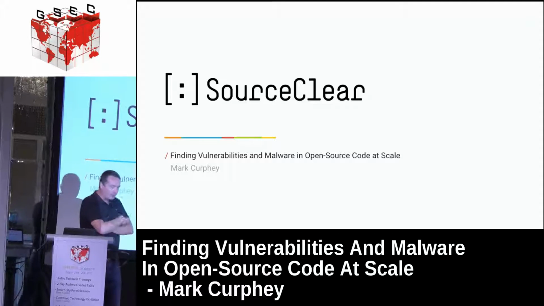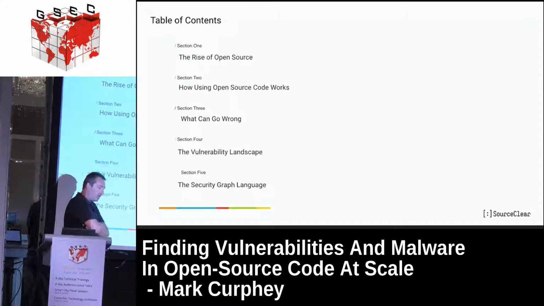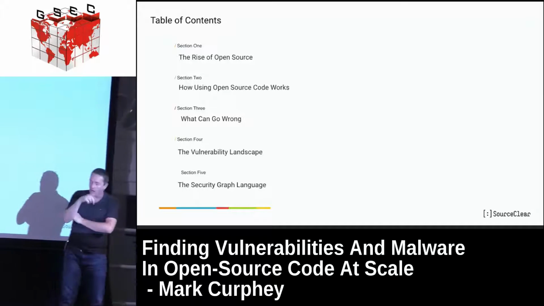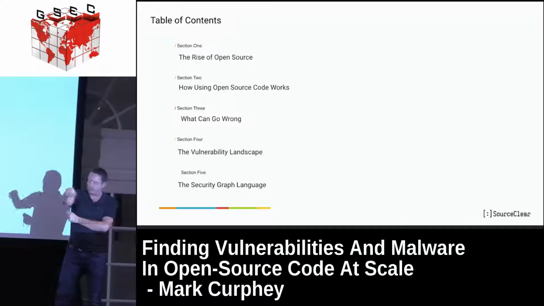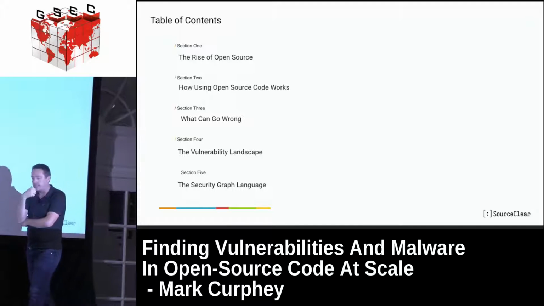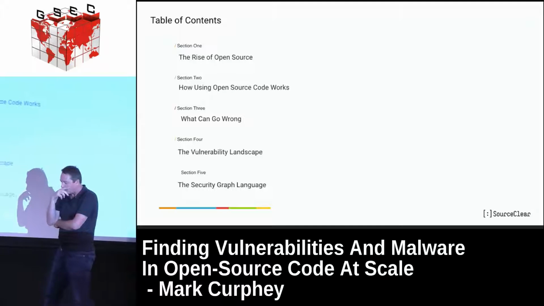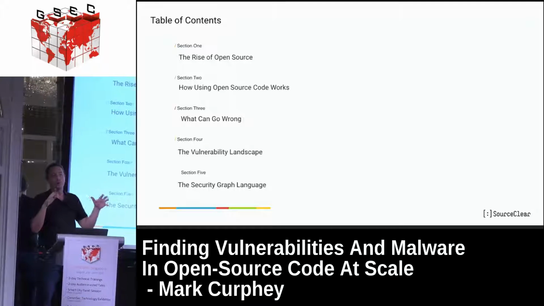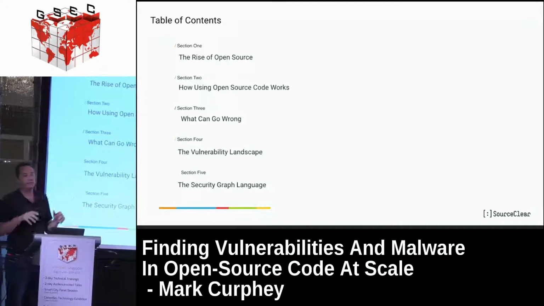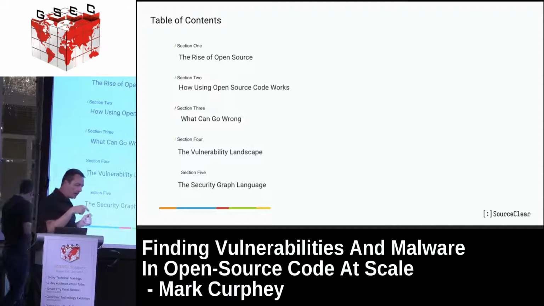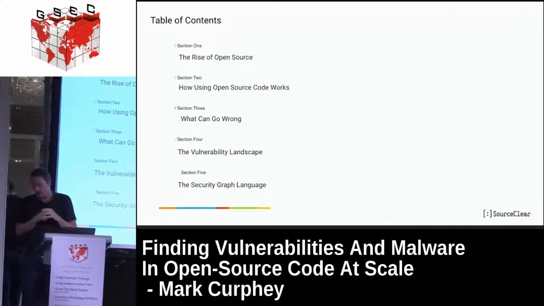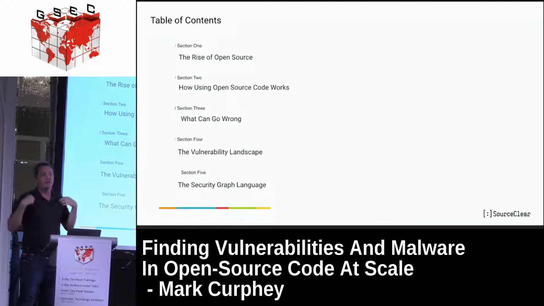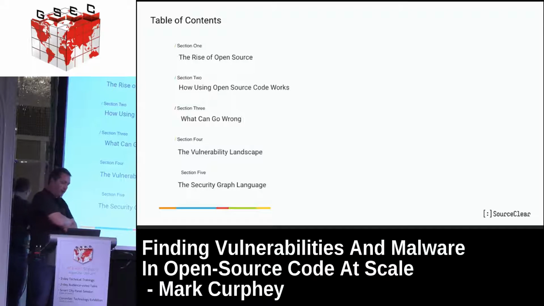So, what we're going to do is talk basically about finding vulnerabilities in open source code, malware, other things at scale. And I'll walk you through this flow. Dr. Sagit Sharma, who's based here in Singapore, runs our product R&D, so he's going to do 2 demos. But first, I'm going to help you understand why open source is such a big problem, just the scale of the problem. Then we'll level set around how open source actually gets used. A lot of people, when you talk about it, ask are you talking about using Red Hat, etc.? So we'll level set on that, and then we'll explain what can go wrong.